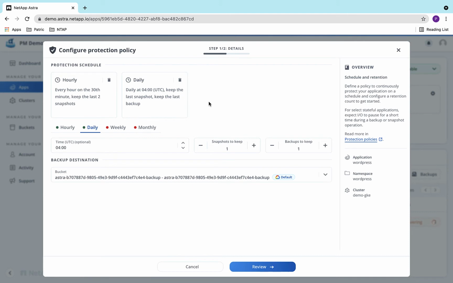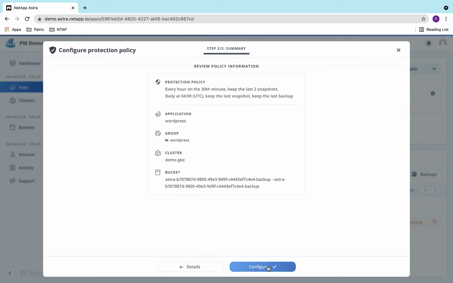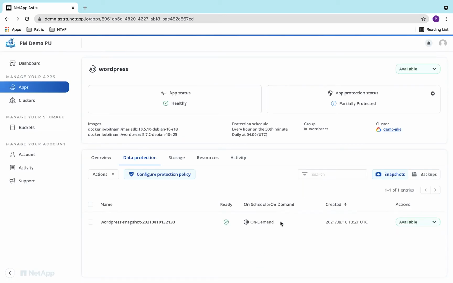We use the default bucket as backup destination, and after a final review of the protection policy details, we configure it. We're still missing a recent backup.